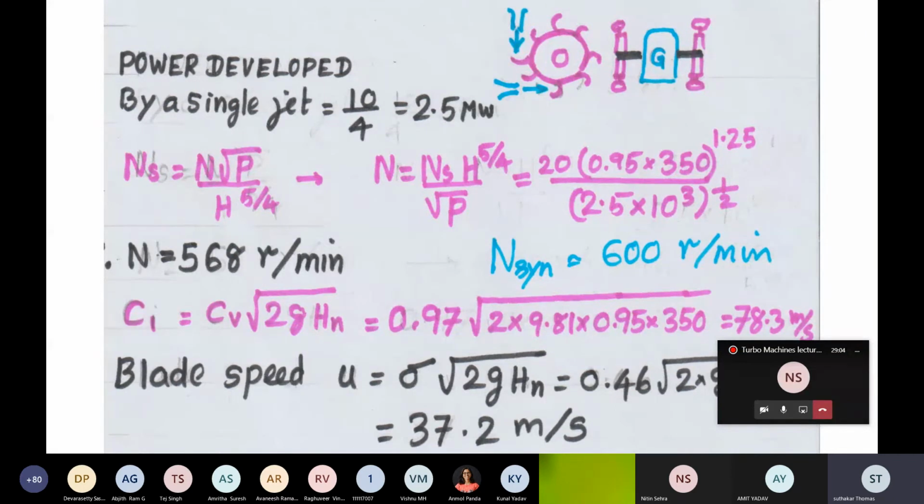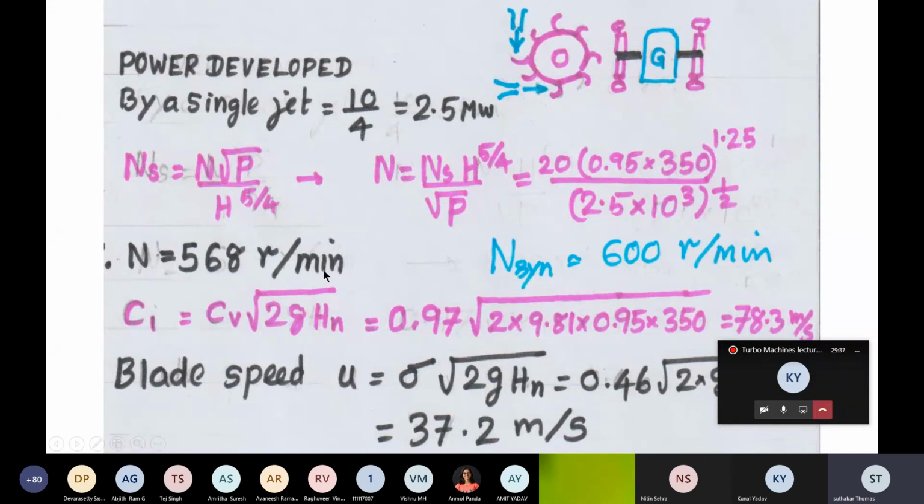So these turbines should rotate around that speed. A little bit of tolerance is there in your final frequency, maybe 0.5 hertz or something. So corresponding to 568, there is 600 RPM. So how many pairs of poles should be there? 5 pairs. 300 RPM also some turbines will rotate, and you will have more pairs of poles. That is what I have indicated here.